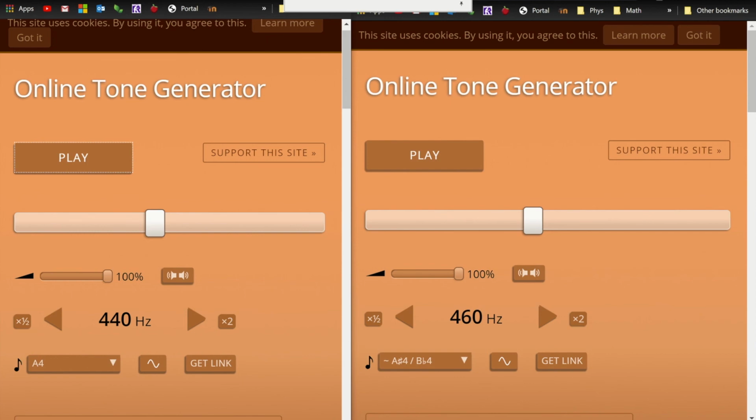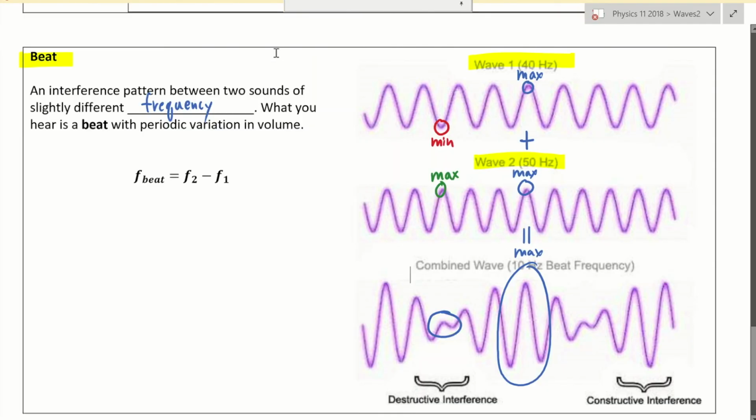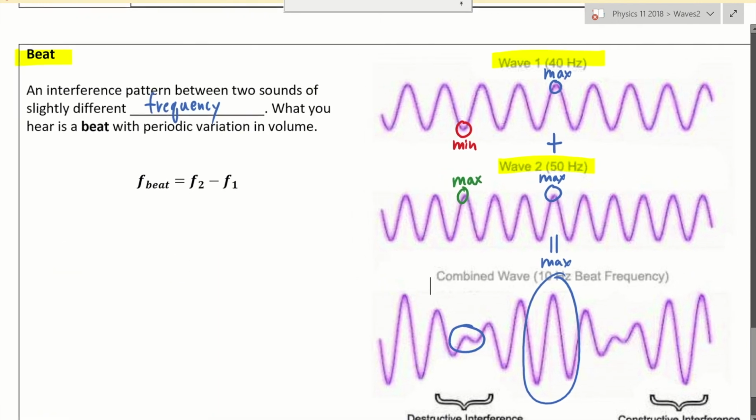Now let's go back to our notes and finish it off with the equation. The beat frequency equation is extremely easy to handle. The frequency of the beat sound that you will hear, that tone of woo woo woo woo, is just the difference in frequency between the two waves. And we don't want to look at a negative number in here, so just please use the big one minus the small one, and that's all you need to do.